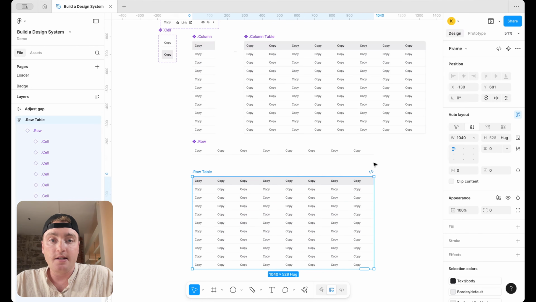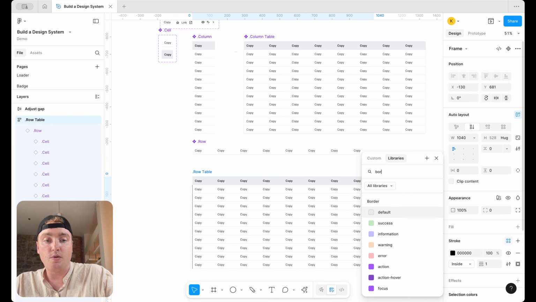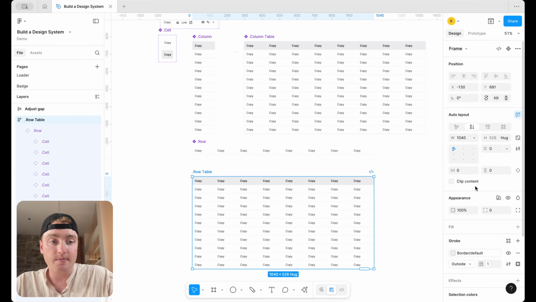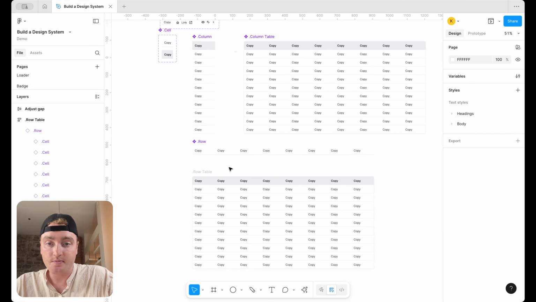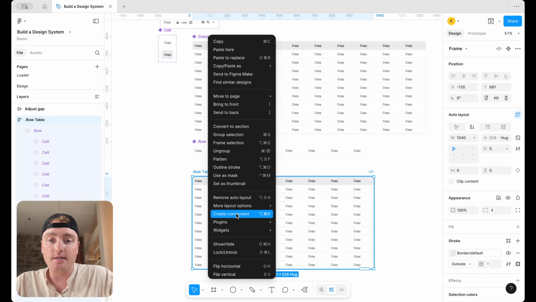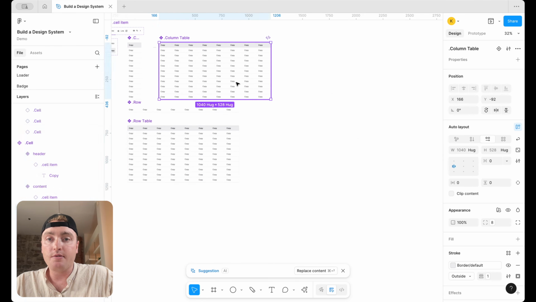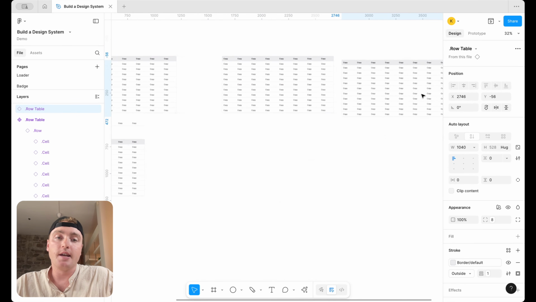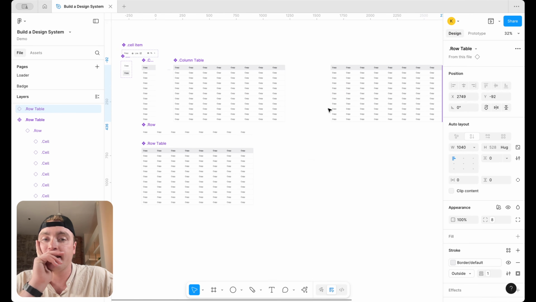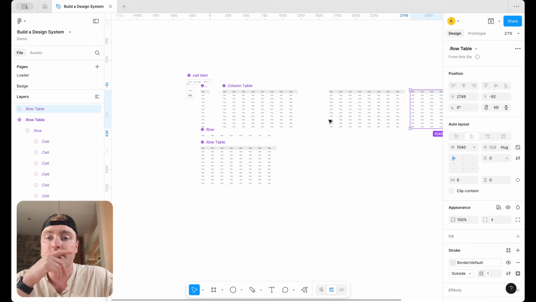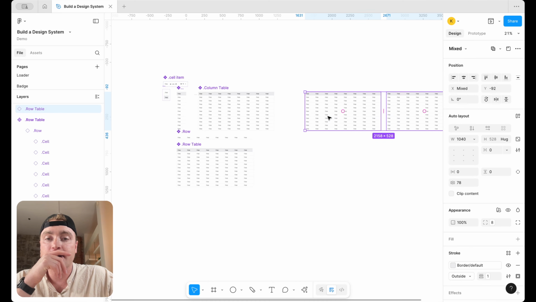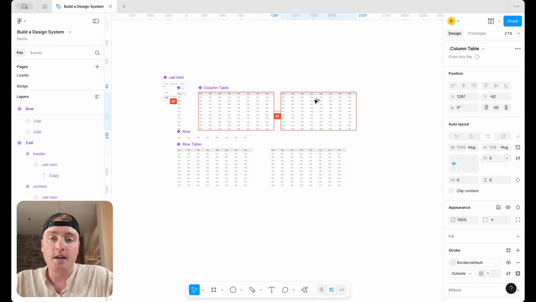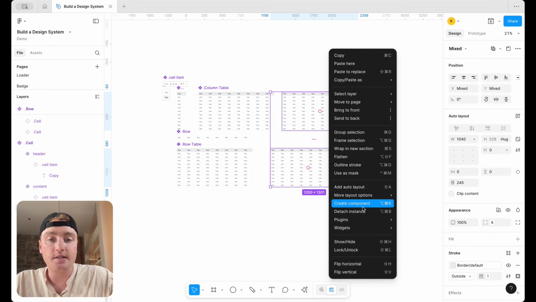Okay. And then let's do the same as we did above. So border default, 1 pixel on the outside. Set the radius to 8. There we go. There we have our row table. Now, if we think about our row table and also our column table, one thing I'm actually debating that might make sense for us to do is maybe swap out, use these as, so if I was to detach these,